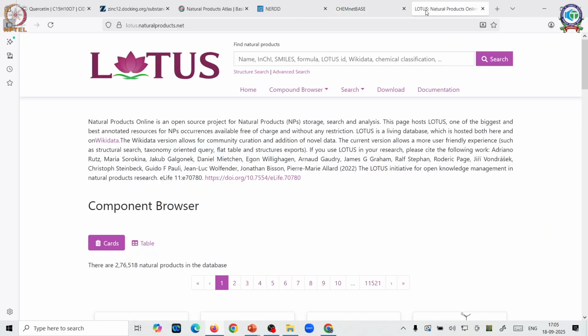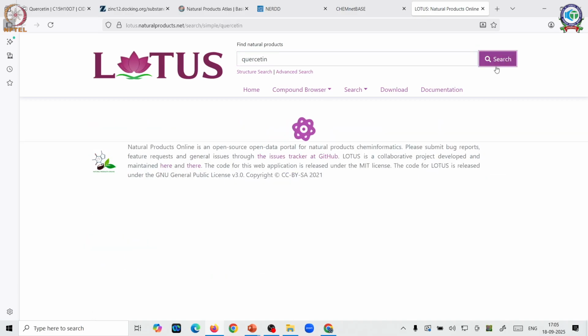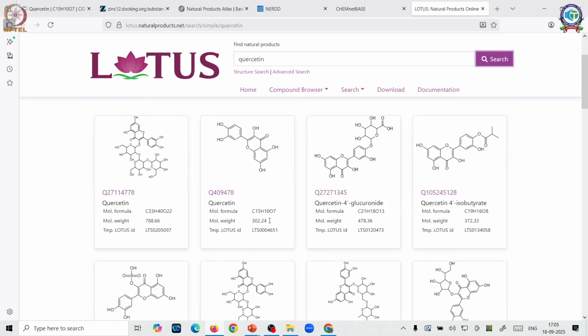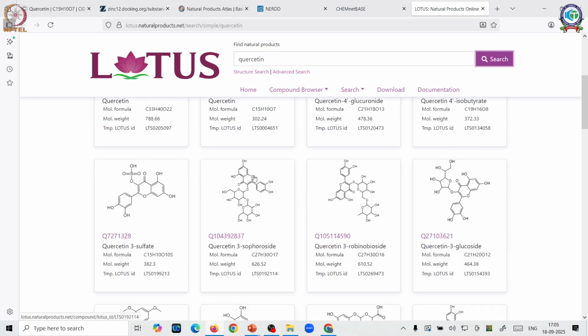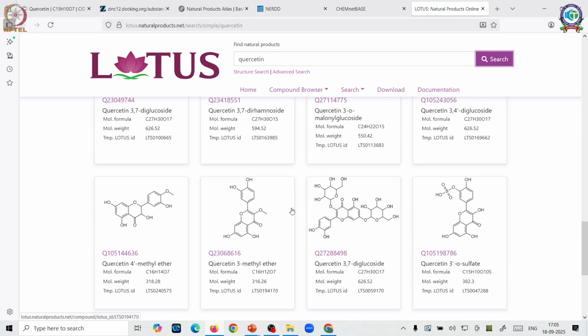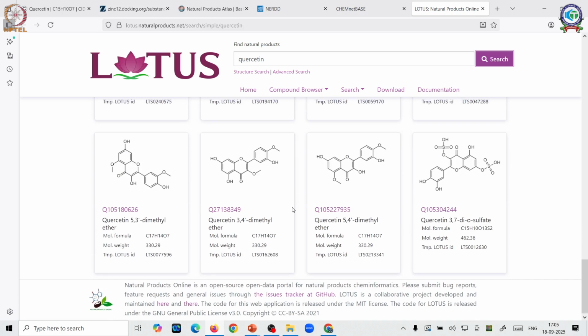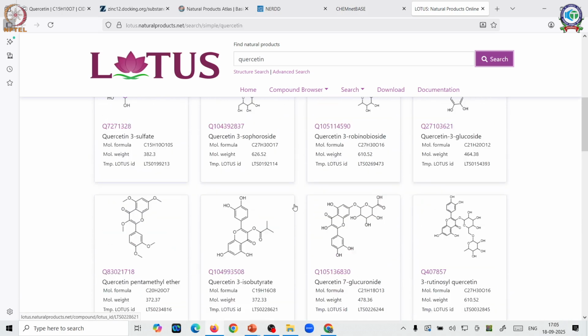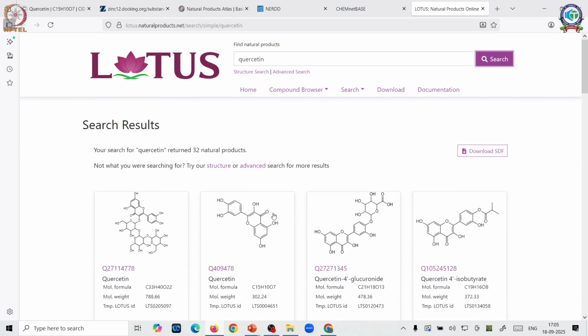Okay. Now, in addition to that, you also have Lotus. Here you can directly put the name as the query. So, I am just putting it in, and then I click search. There are so many molecules, about 32 natural products which have quercetin in their structure, plus R add-on. So, Lotus also gives me all the molecules which will have that, in a manner very similar to your Atlas, and as a result that will be very useful for me in terms of prediction of properties.